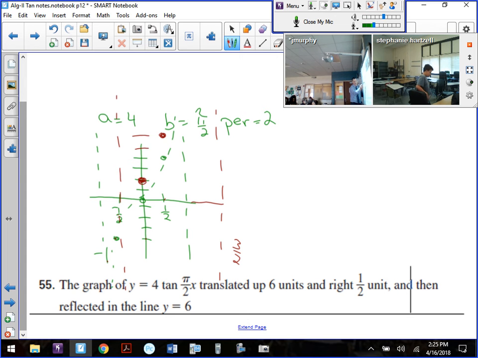I'll do the same thing here. I go over a half, and I go up 6. So 1, 2, 3, 4, 5, 6. But here's where it's interesting. It says that the graph is reflected over the line y equals 6. Y equals 6, is that a horizontal or vertical line? Is it horizontal or vertical? It's horizontal. So if I have a line at y equals 6,